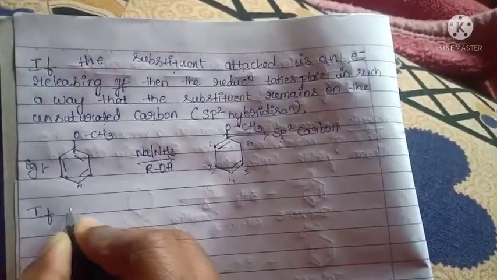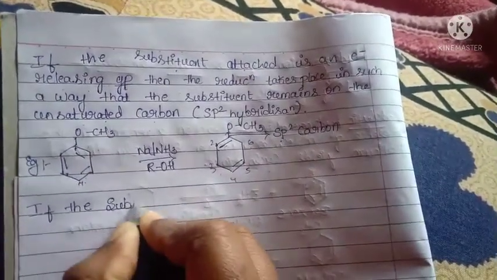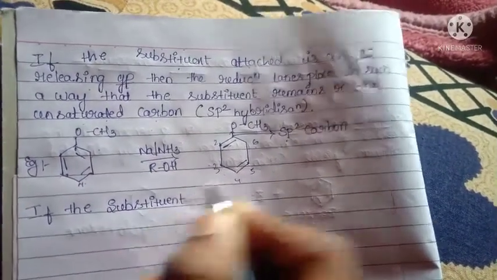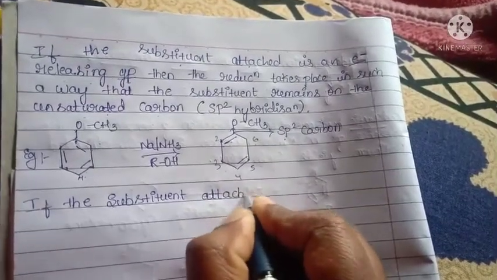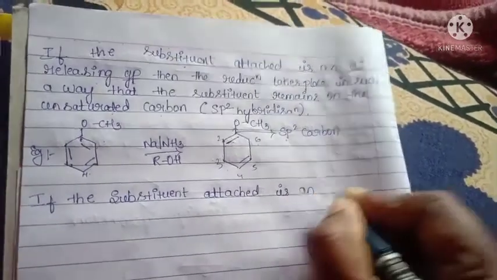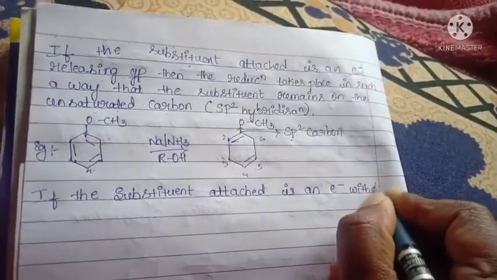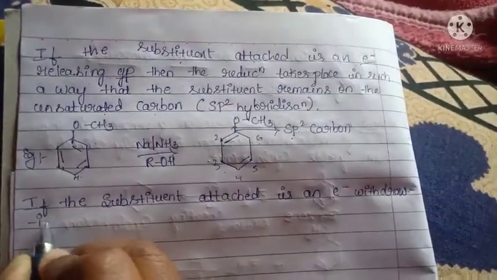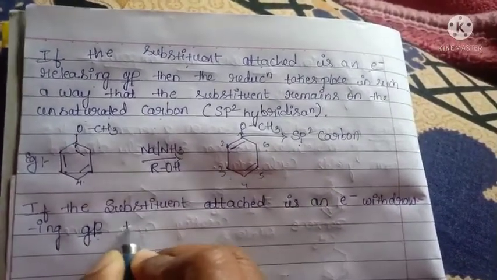Here if the substituent attached is an electron withdrawing group. The last example is the electron releasing group. Here, electron withdrawing group. Then the reduction